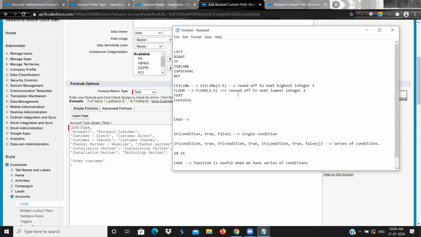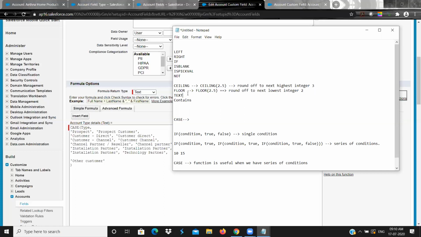So that is one thing you should know, the difference between CEILING and FLOOR. In a house also you have a ceiling. Ceiling is top and floor is bottom. So CEILING tries to round off to the highest integer, and FLOOR tries to round off to the lowest integer.